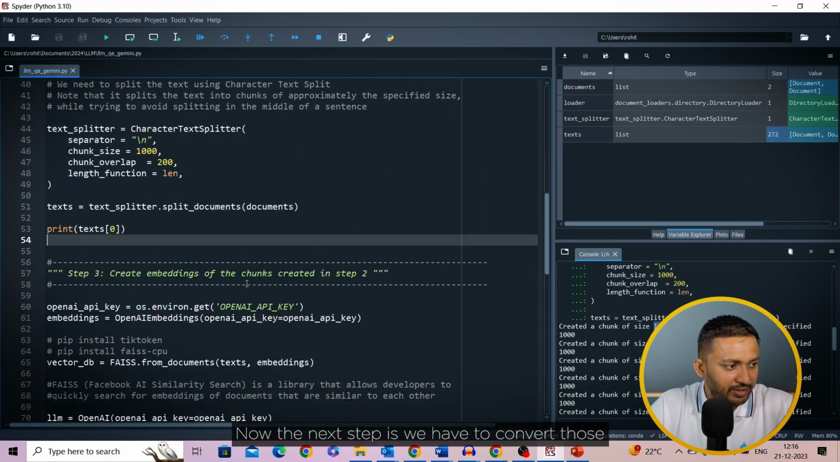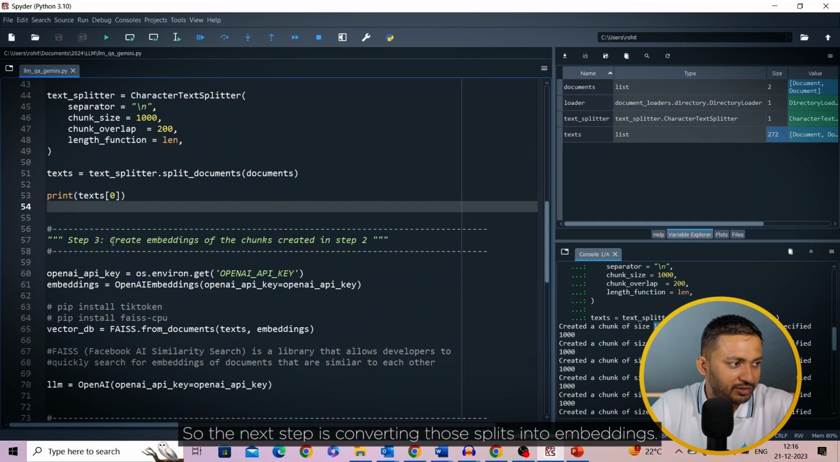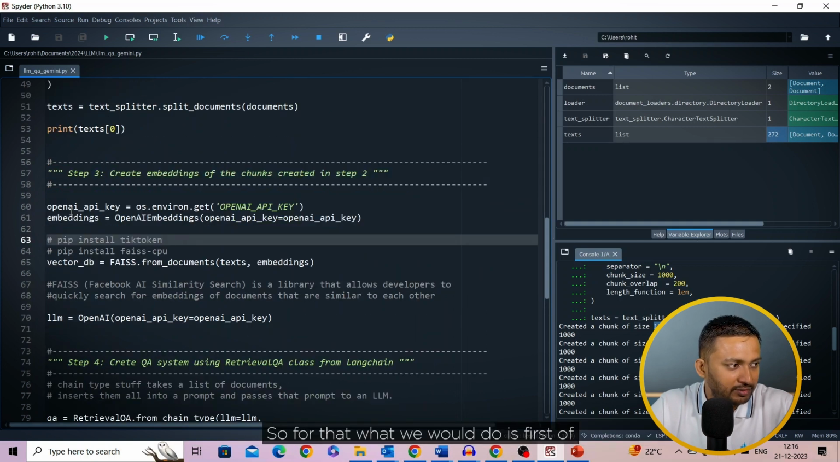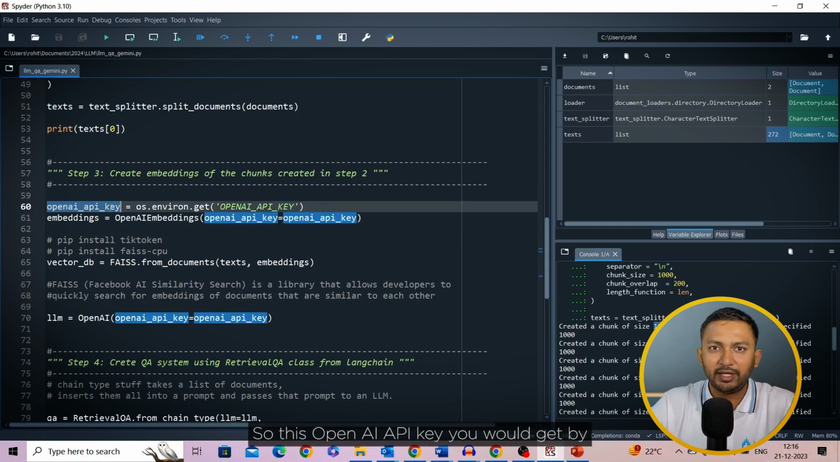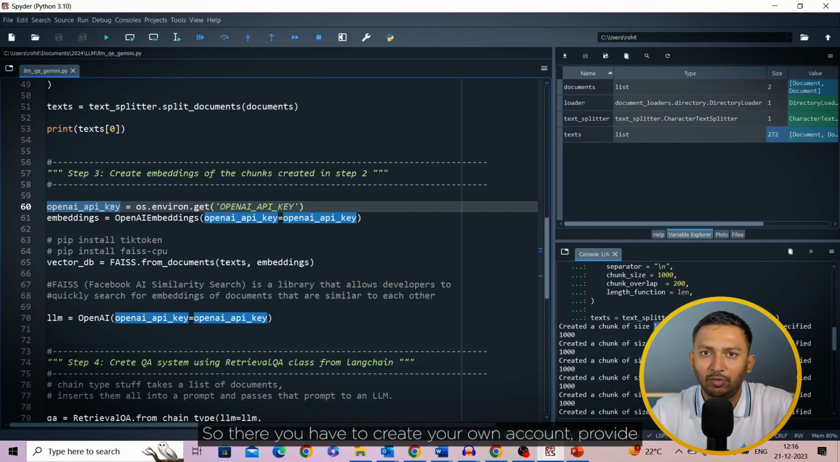Now the next step is we have to convert those splits into embeddings. So the next step is converting those splits into embeddings. So for that, what we would do is, first of all, we would get our OpenAI API key. So this OpenAI API key you would get by creating your own account on the OpenAI API website. So there you have to create your own account, provide your credit card details, and there you would get your